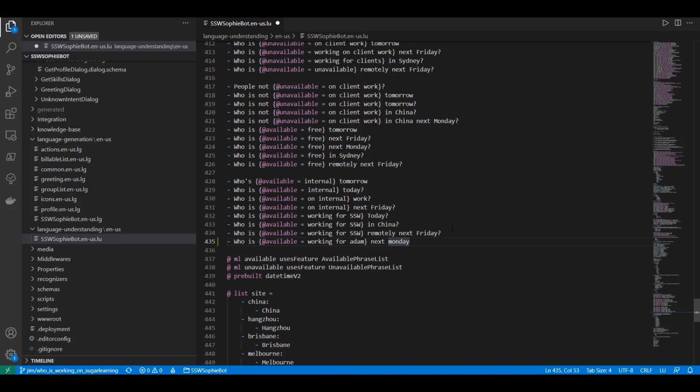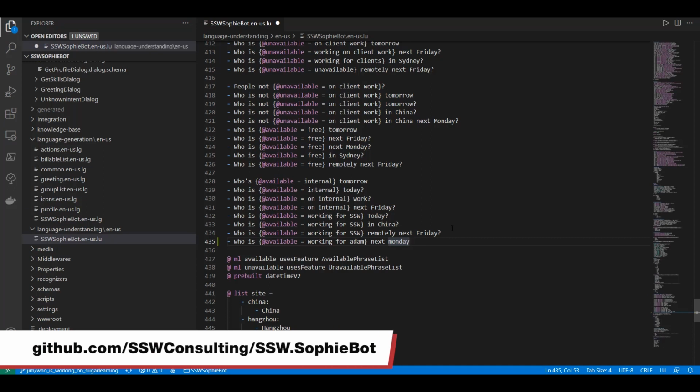Under the covers, it does the same process as we just did on the LUIS portal, except that we can track the code changes by using the source version control system. So this is the recommended solution for doing LUIS application development. That's all for the introduction of the LUIS service. I hope you enjoyed the video and have got a better understanding of how SophieBot works under the covers.